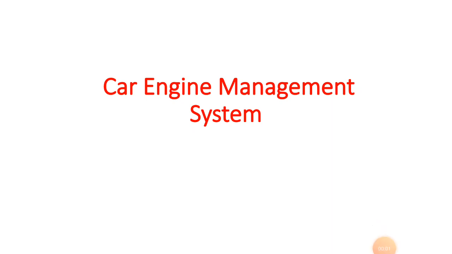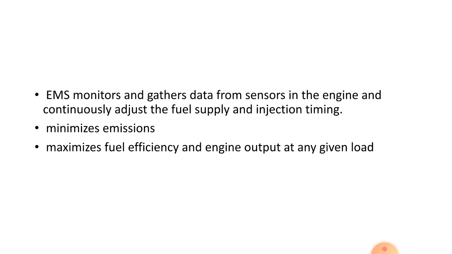Hello all. Today we will discuss the car engine management system. The engine management system has to deal with various types of sensors in the engine, like speed sensors, temperature sensors, oil and pressure sensors, etc. It monitors and gathers data from these sensors and continuously adjusts the fuel supply and injection timing. The objective of the EMS is to minimize emissions and maximize fuel efficiency and engine output